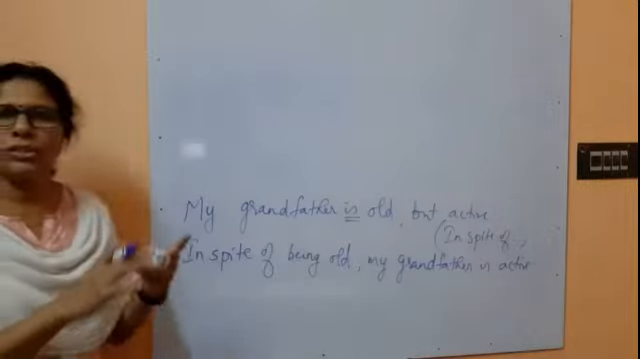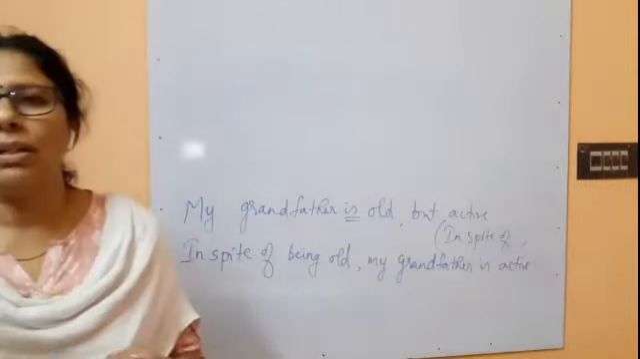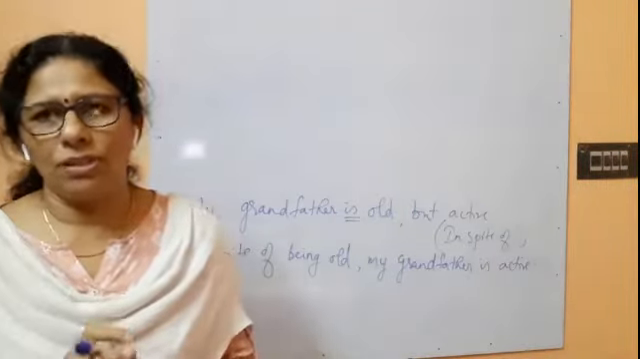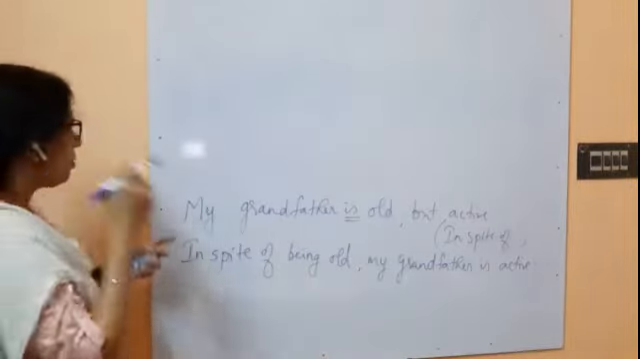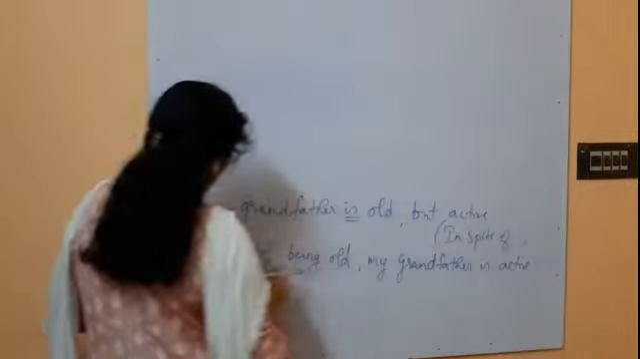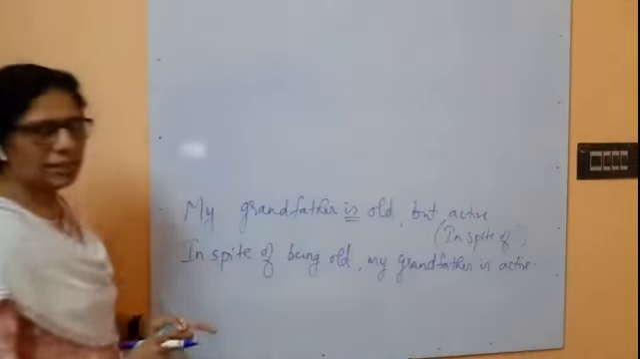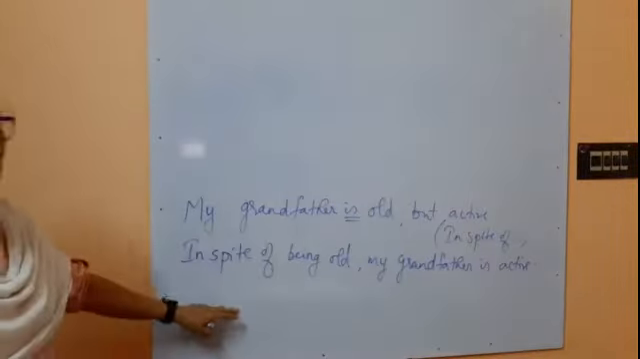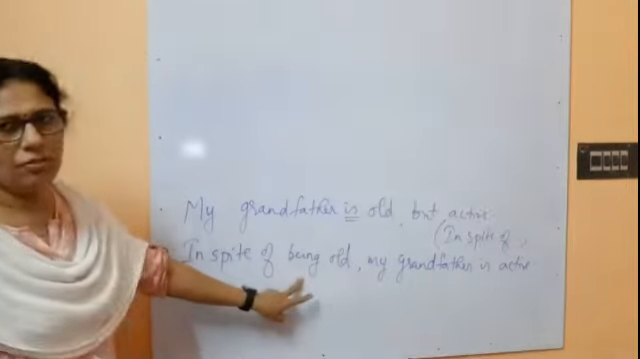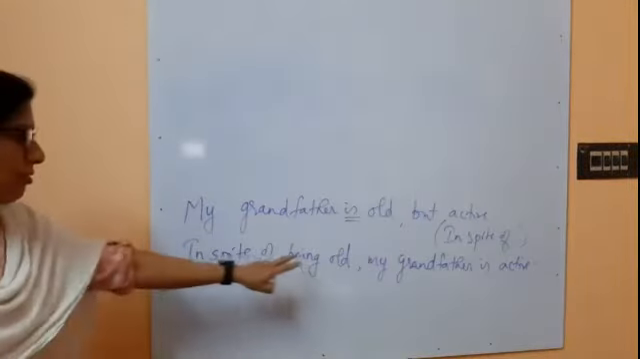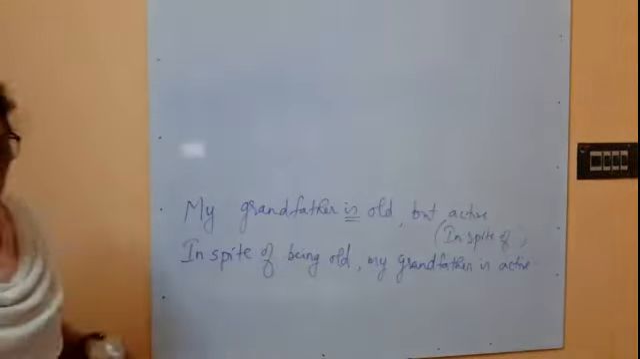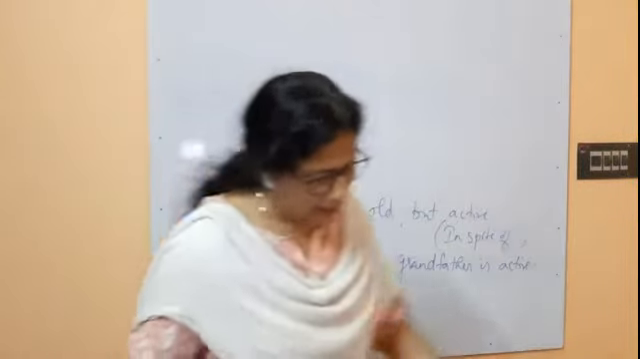Understood? So slight changes of course you have to make in the sentence, but please do not change the meaning of the sentence. That is very important. Okay, so my grandfather is old but active. In spite of being old, my grandfather is active. This is how we will convert the sentence. "Being" we have to use. In spite of being old, my grandfather is very active. Okay, and next one is